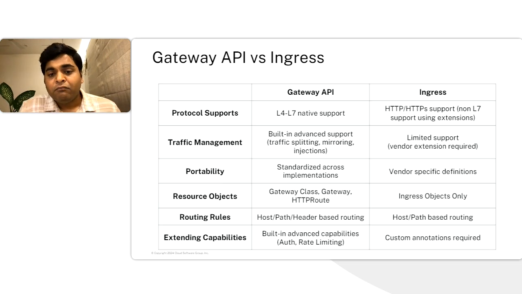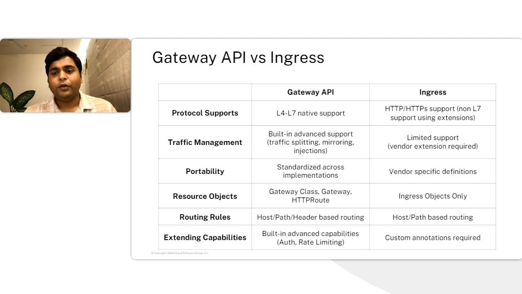Now you would be wondering, I have talked about Ingress, I have talked about Gateway API, but if I have to put both together in one slide, can you help me with that? So here is the one slide that can help you to understand why Gateway API is gaining more popularity and has an advantage over the Ingress. I have tried to list down multiple pointers through which you can identify why Gateway API is becoming more popular and the successor of Ingress.